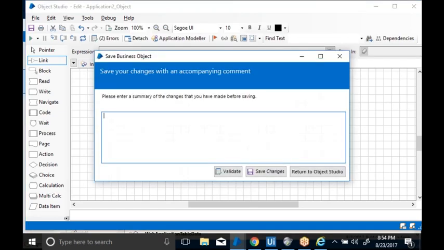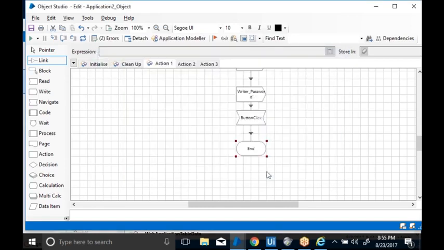Press Control S. Whenever you do Control S inside Blue Prism, in Process Studio or in Object Studio, it will ask you for the summary. This is for the changes you have made to the particular object, as a developer reference. Whenever you save multiple times and want to find the difference between the first save and the second save, based on the description you provide here, you can identify what changes you have made. Now give the name: application launch and login. Save, and it will get saved.